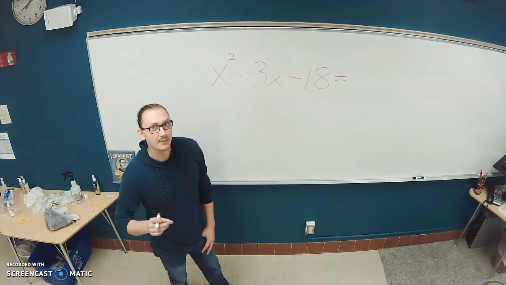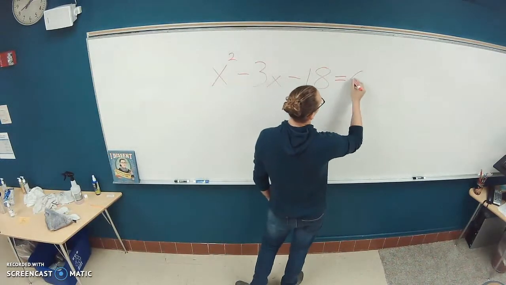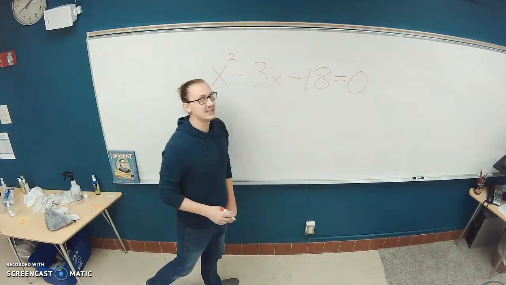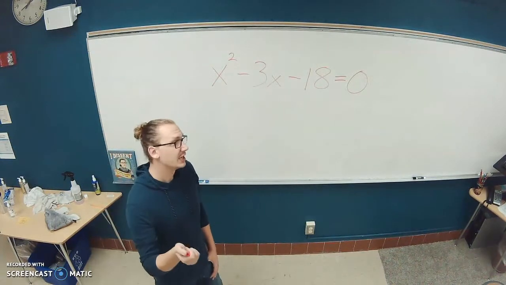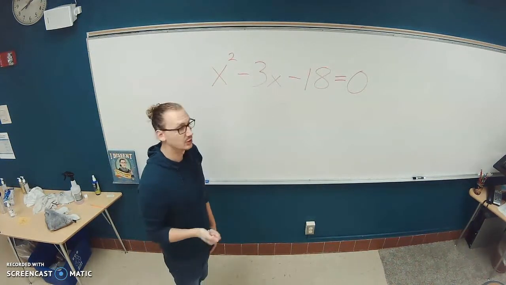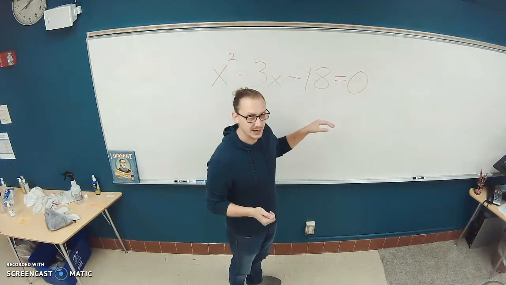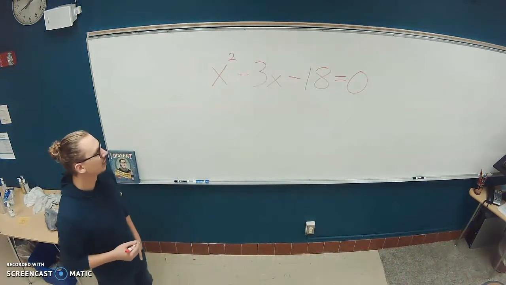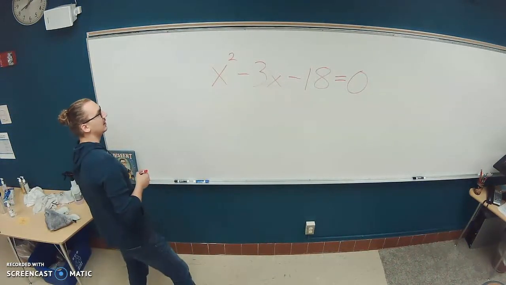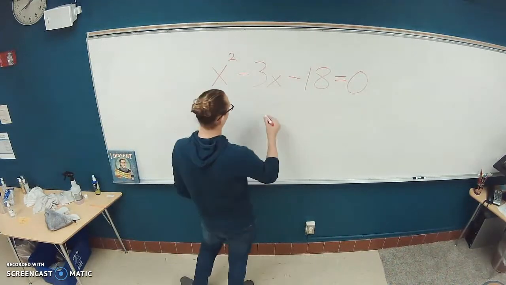When you are solving by factoring, the first thing that you have to do is make sure that it is equal to 0. And if your equation is not equal to 0, you need to make it equal to 0. So if I had like a 5 over here, I would need to subtract 5 from both sides. Okay? So x squared minus 3x minus 18 equals 0. The first step, after making sure that it's set equal to 0,